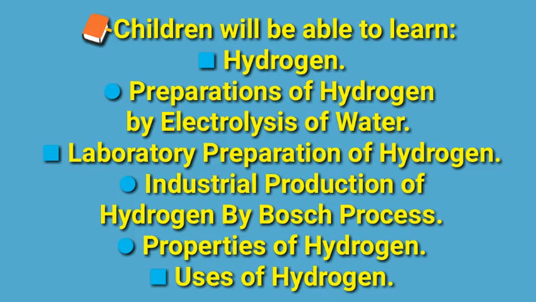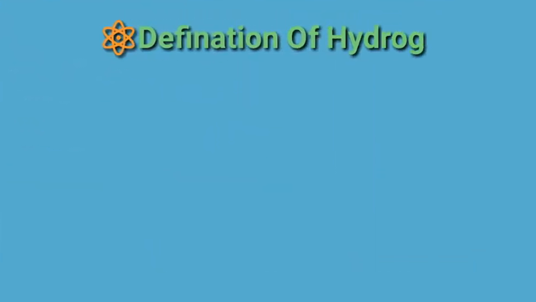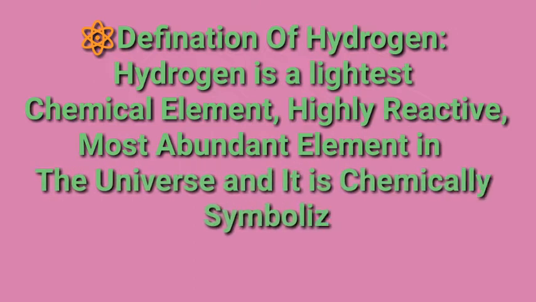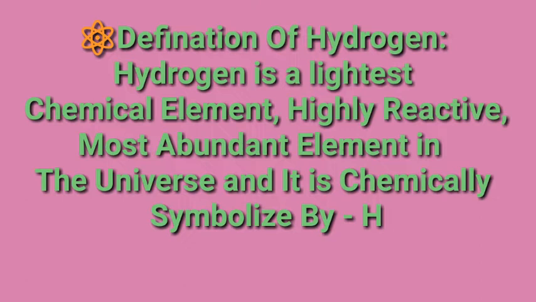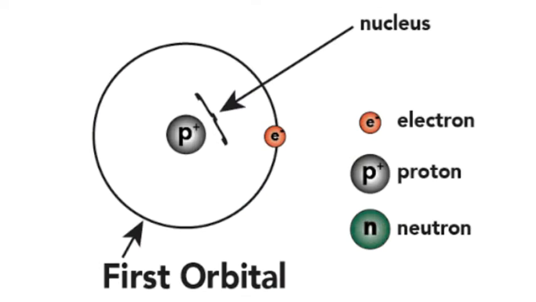Now let's start. Why should we study hydrogen, and what actually is hydrogen? If we define hydrogen, we can say that hydrogen is the lightest chemical element, highly reactive, and the most abundant element in the universe, and it is chemically symbolized by H. Right, students? In this diagram you will find hydrogen, atomic number 1, and here the middle portion with positive charge indicates the proton, and the outermost shell with negative charge indicates the electron. Okay, so